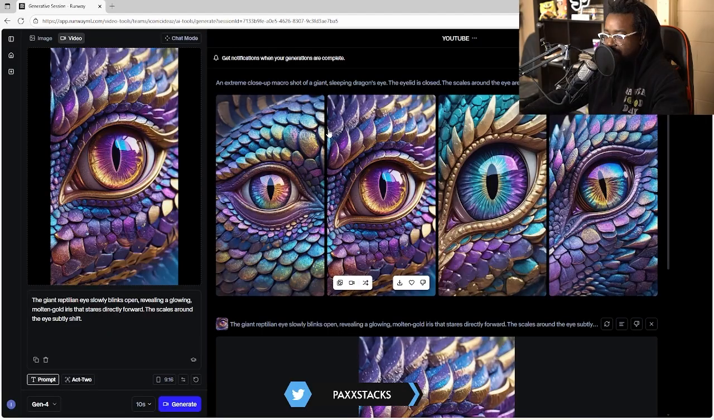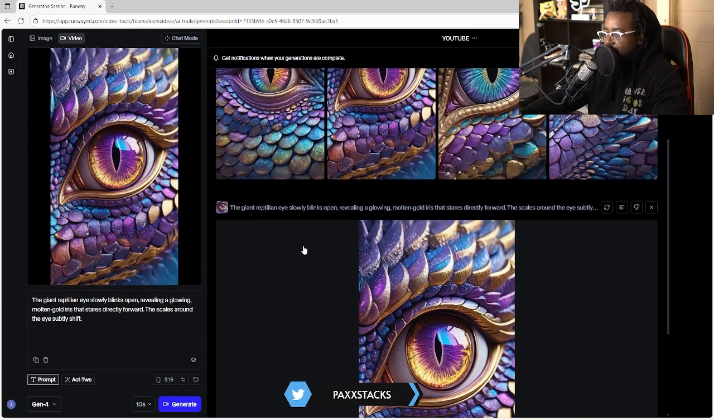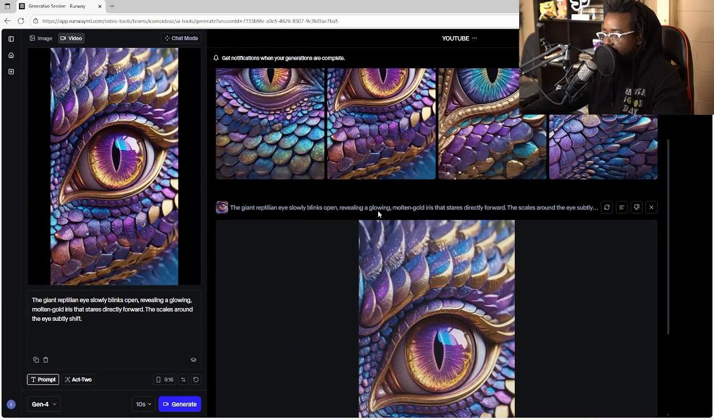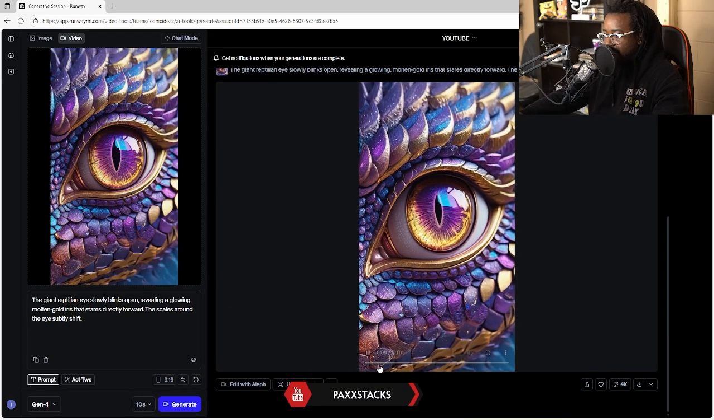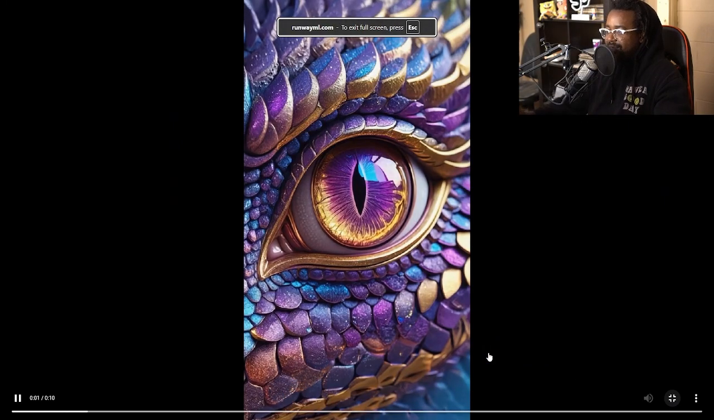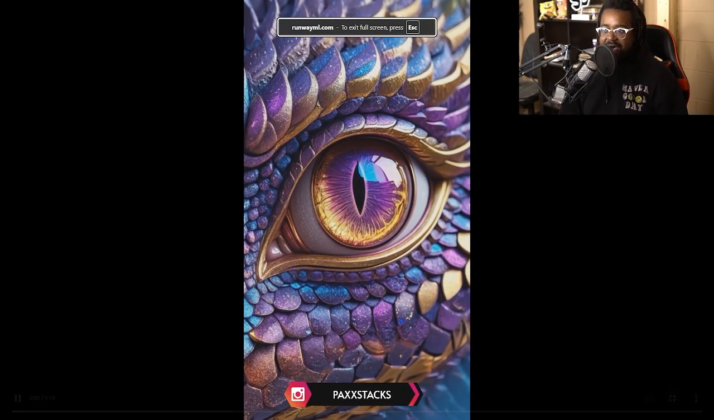Let me go look at this prompt. The giant reptilian eye slowly blinks open, revealing a glowing molten gold iris. But you can see in comparison, it starts to move, and I think the gold moves a little bit. The eye moves just a bit. I think it's cool. I would like to get a little more movement out of the eye, but just to